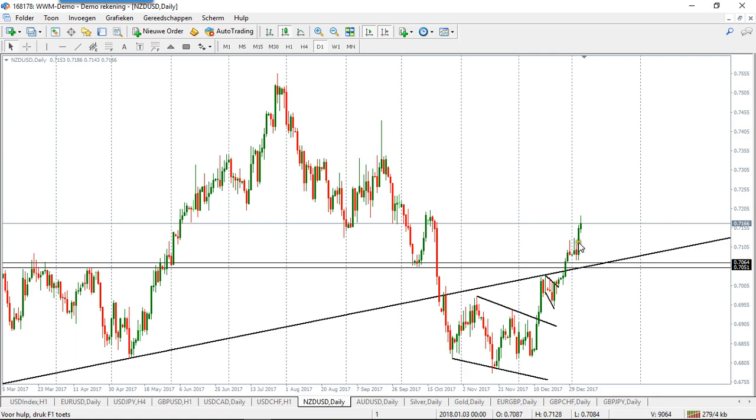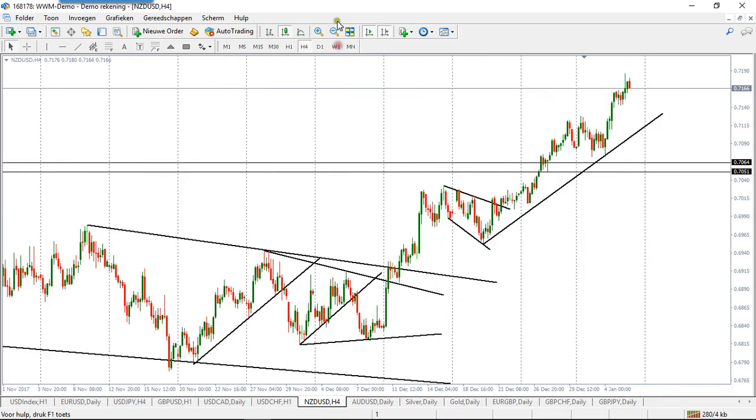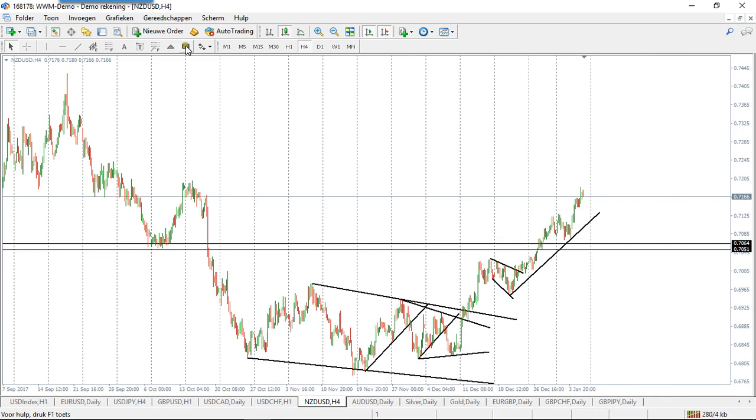New Zealand dollar, US dollar, continues higher, pretty clear. There are some strong candles here after some minor consolidation. Let's go to the 4 hour time frame. I need to zoom out a little bit. Alright, we have here one leg higher